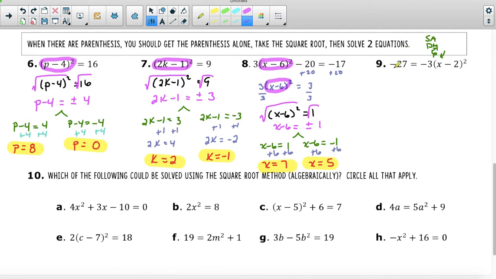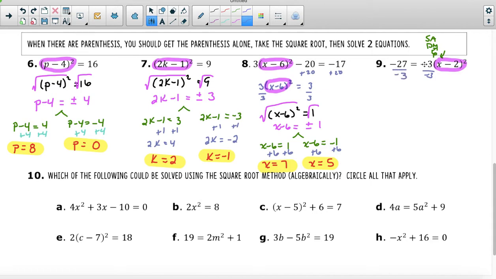On this next question, again, we have only one letter x in the entire problem. So we're going to circle the parentheses and the squared. Even though this is a negative 3, this is not subtraction, this is a multiplication. So we have nothing added or subtracted, so we want to multiply and divide. We have negative 3 times this side, so we need to undo that multiplication by dividing by negative 3 on